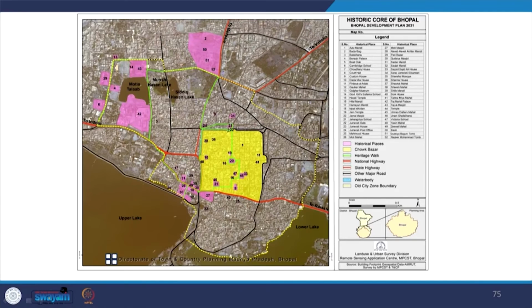In the development plan document, the heritage and culture of the planning area has been reviewed in totality. The process of listing heritage and grading the same is a mandatory exercise in the Bhopal planning area within the time frame specified by the state government and shall become an integral part of the development plan. So, you can see here that it is done intensively and integrated with the planning process. In this map, you can see the historic core of Bhopal has been identified with all historic places, and then the Chowk Bazaar heritage walk along with the major infrastructures have been indicated in the document.